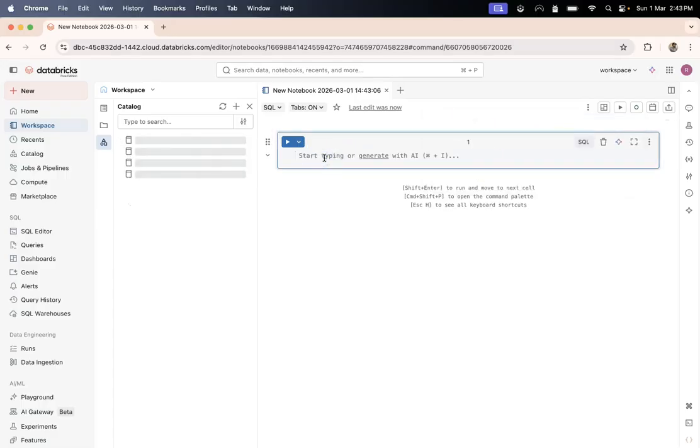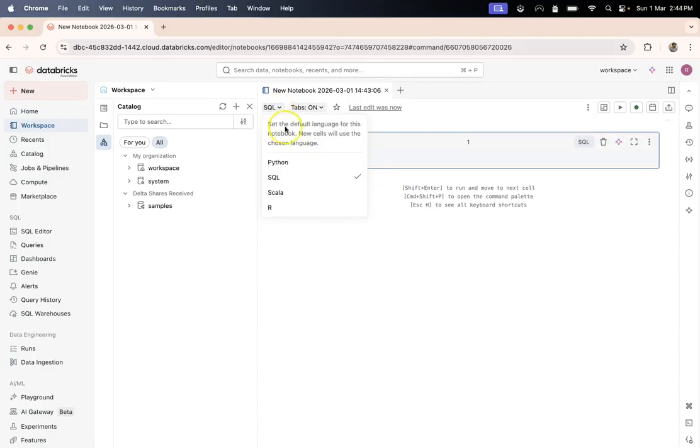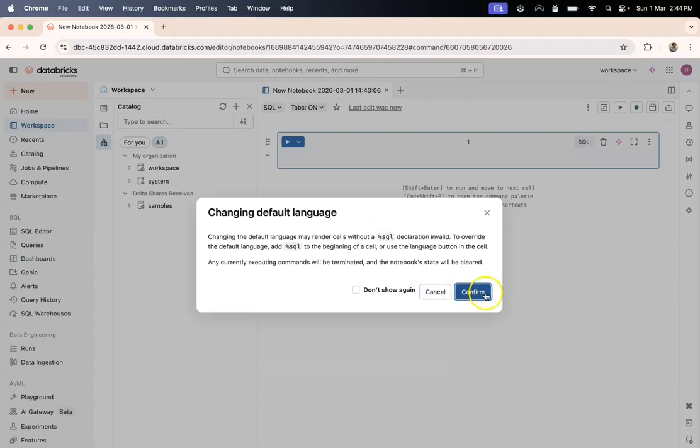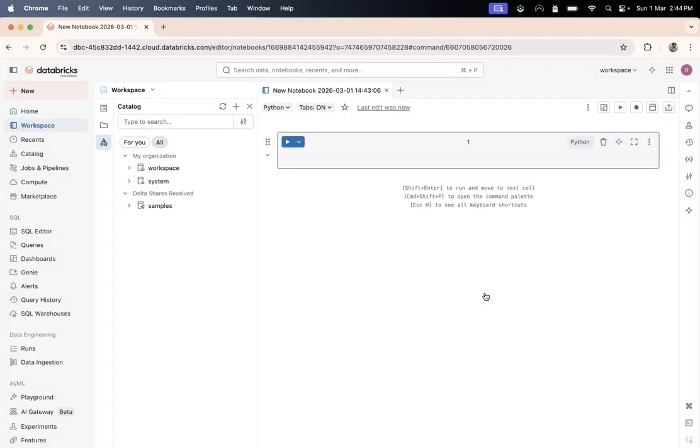Meanwhile, while it is starting out, we can start talking about the agenda. The idea is that I just want to show you how you can create the AI functions and use the AI functions here. You see, currently SQL is selected. We can click on Python and we can click on this, and it's not limited to that.